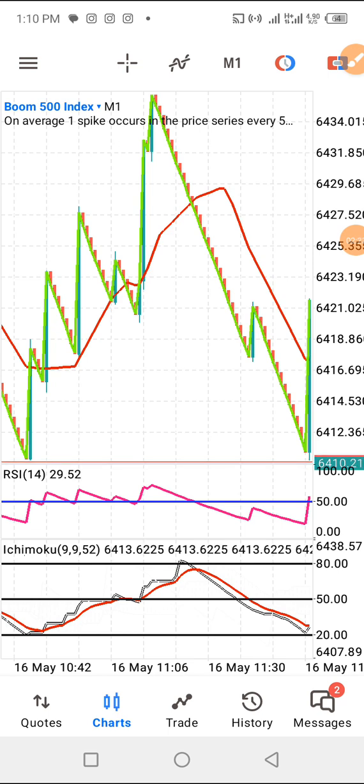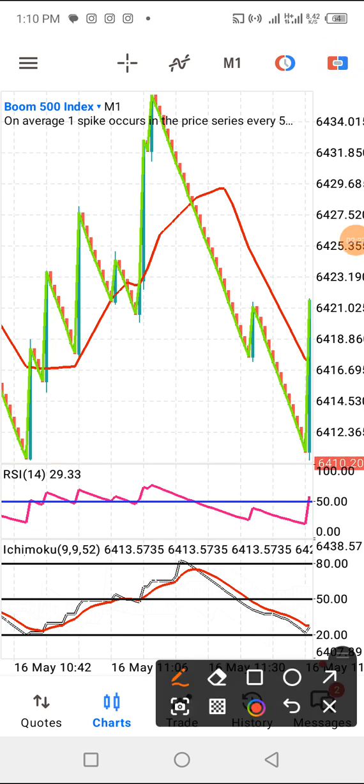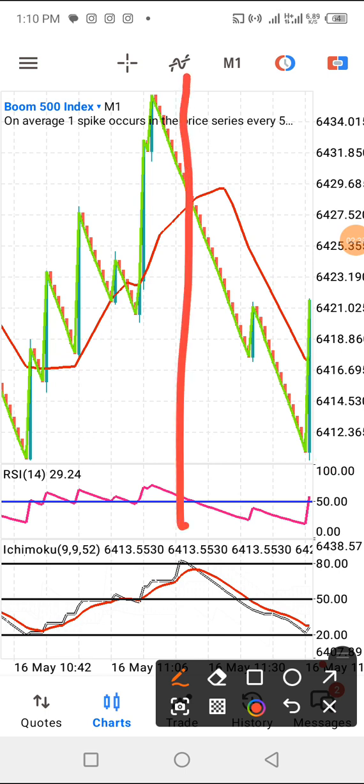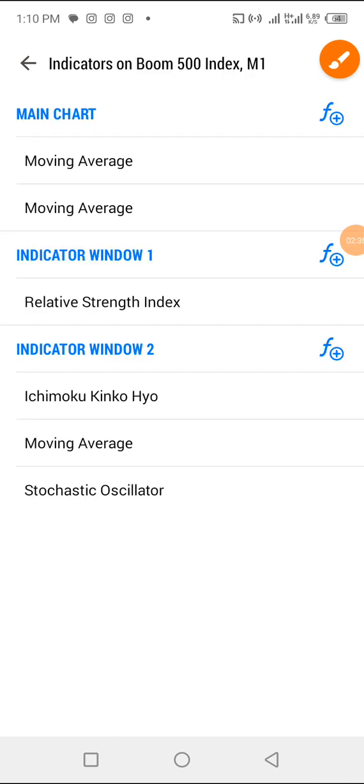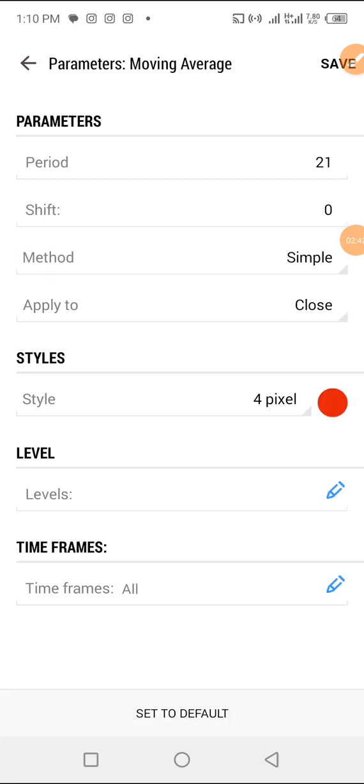Now the indicators involved for this strategy are to be added on the main chart. To add this setup, you click on this icon here. It will take you to where the indicators are. So on the main chart, we have two moving averages. The first one is moving average with a period of 21, simple,